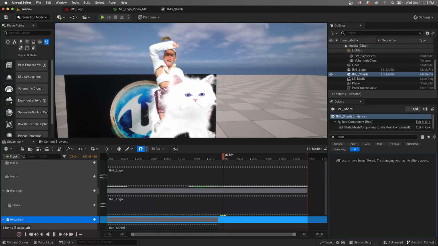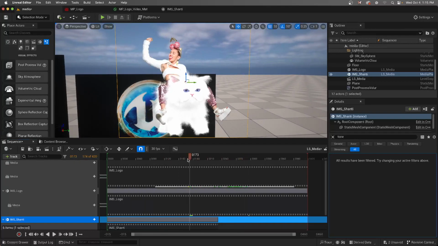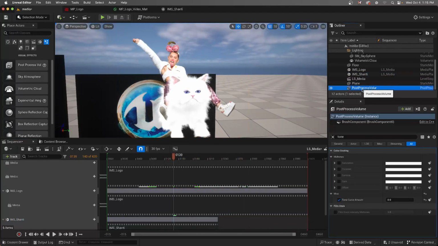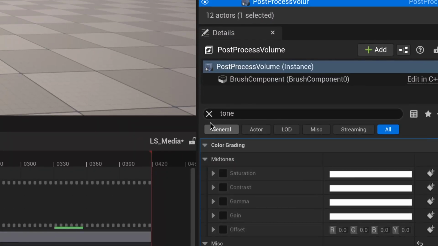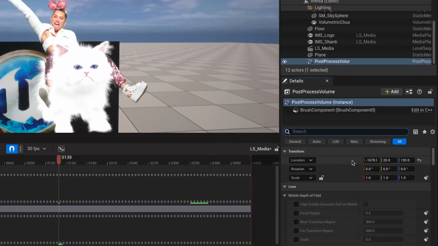Well, the auto exposure is a little hot. I might want to turn that off too. So again, with the auto exposure, if you want to adjust that, you can do that in the post-processing volume or in your camera if you have a camera set up. We haven't set up a